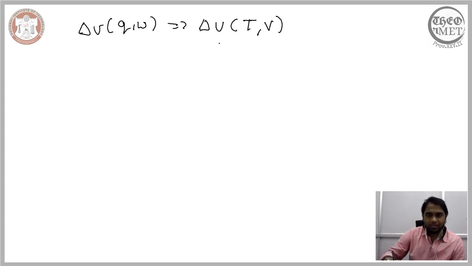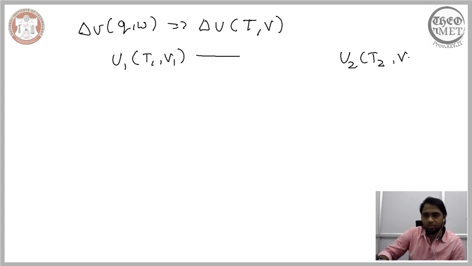Now we will take the initial state to be U1, that is associated with T1 and V1, and ideally it directly translates to U2, that comprises T2 and V2. Since these are state variables, we are allowed to take a detour and introduce an intermediate state,